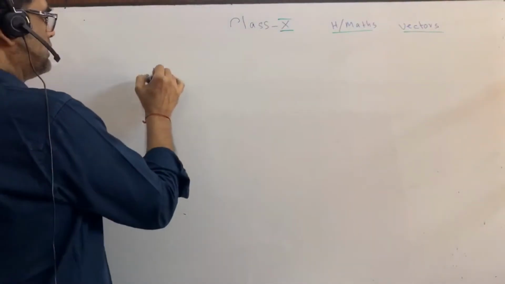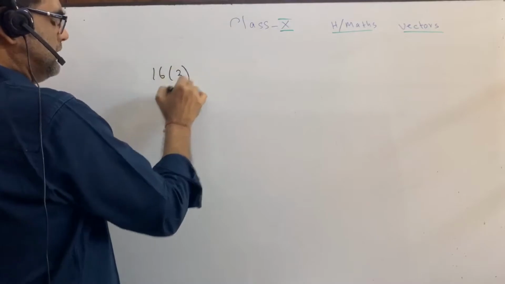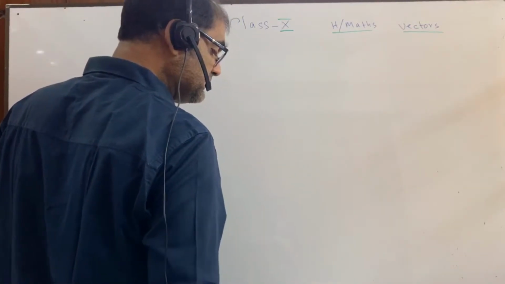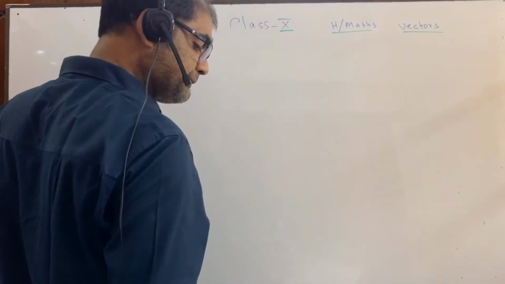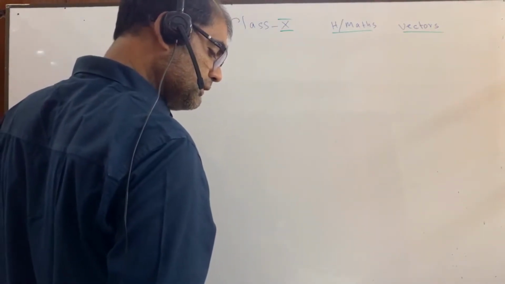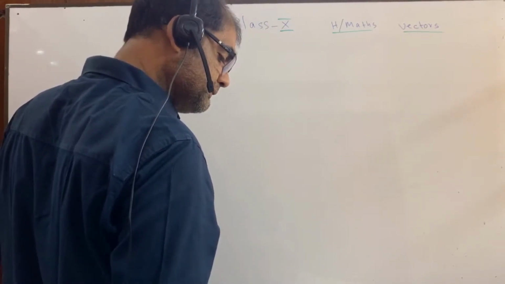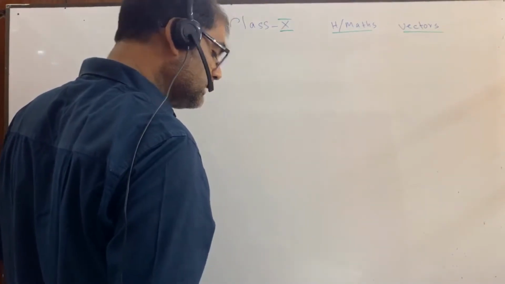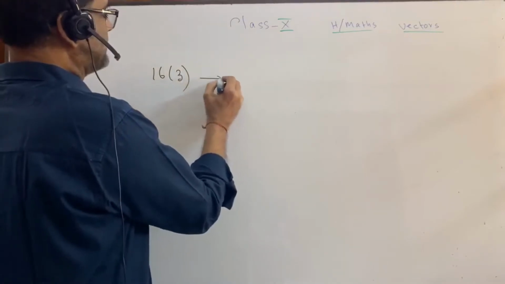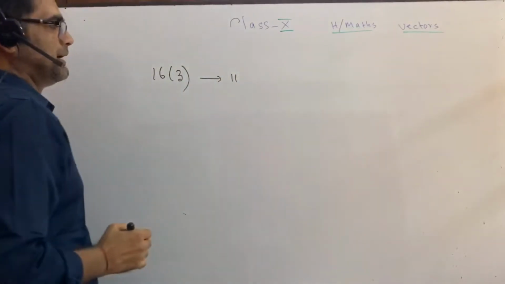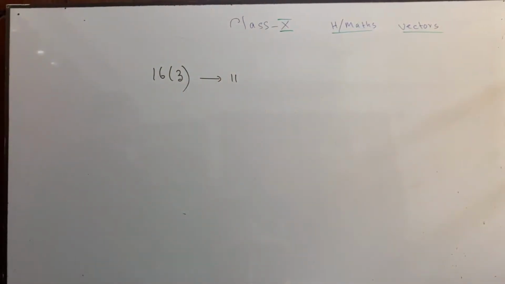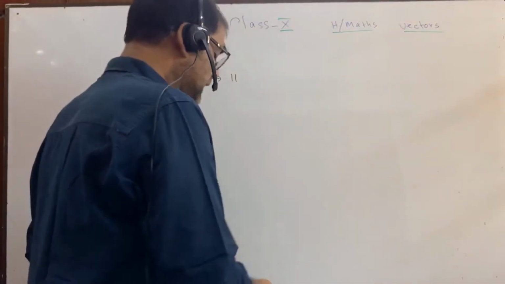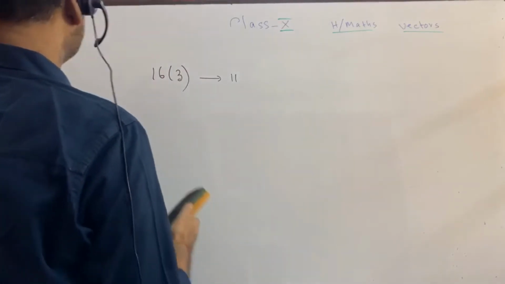You see question number 16.3, and where is this math given? Can you tell me please? This math is also given. This is question number 11 of the book. Now, dear students, I am going to do a very important math.